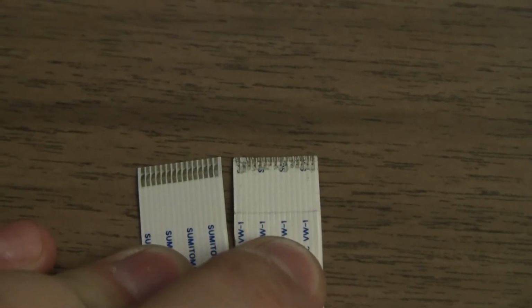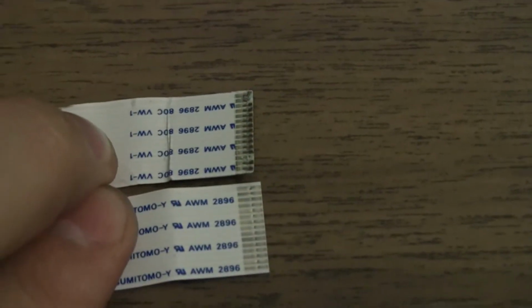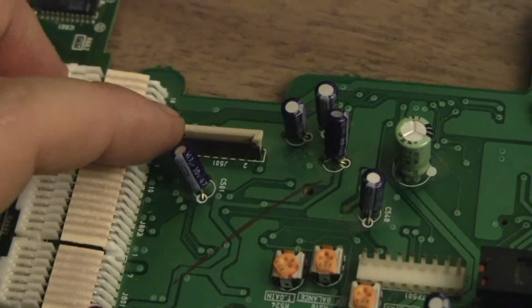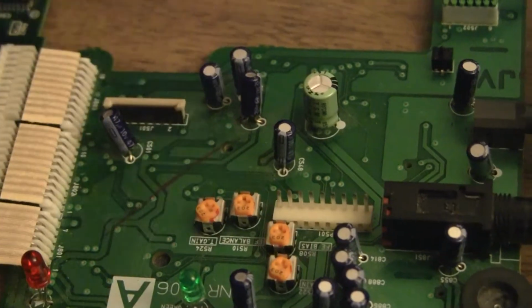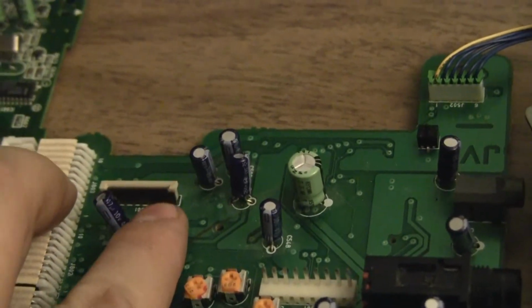Okay, this is the white ribbon cable that connects the CD-ROM assembly to the circuit board. That's one end of it. This is the other. You can see that crease right there, and just generally screwed up contacts makes it obvious that whoever was connecting and disconnecting it from the socket didn't know that you could release these sockets just by pulling that light colored piece up. It's just kind of a snap action piece, and it'll release that ribbon cable. Well, obviously that socket had not been released, and the ribbon cable was pushed in and out, and that's what